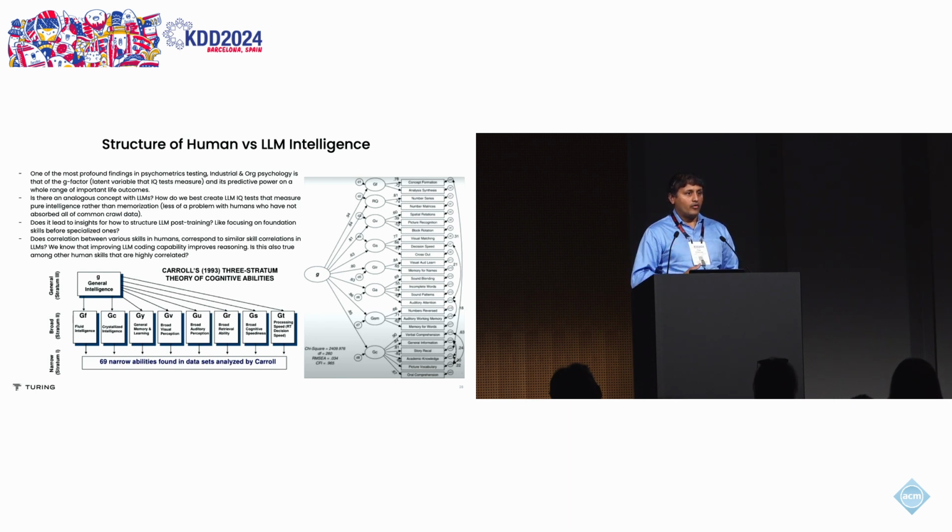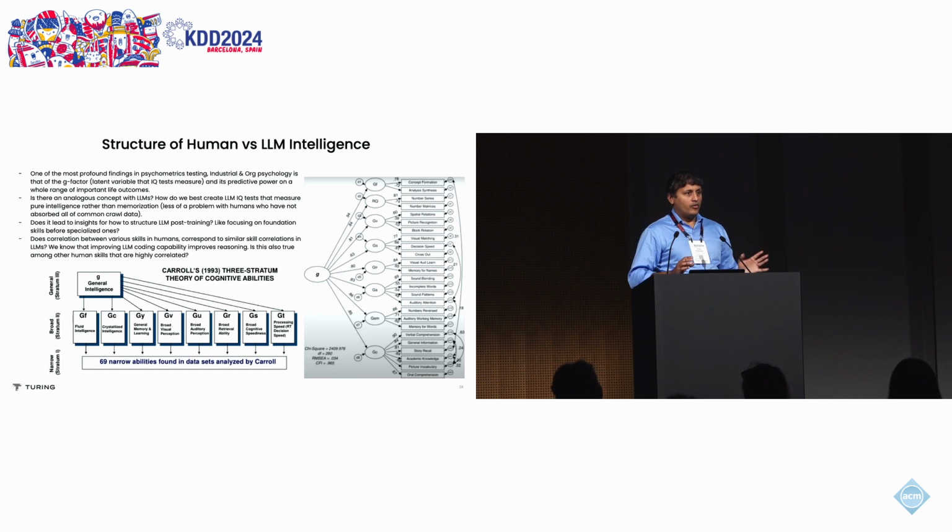But could the nature of human intelligence inform this in a way, and our research there? I think it's an interesting thing that is worth exploring. A second thing also is that it has been repeatedly found that there are enormous correlations between various specialized skills in humans and